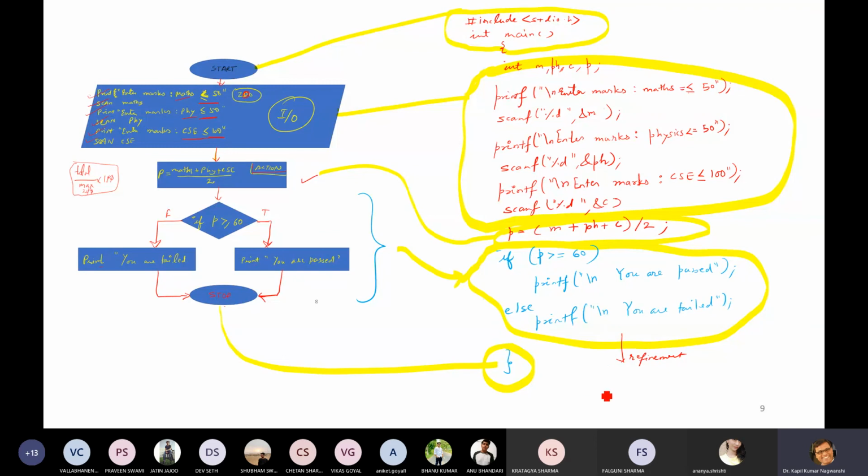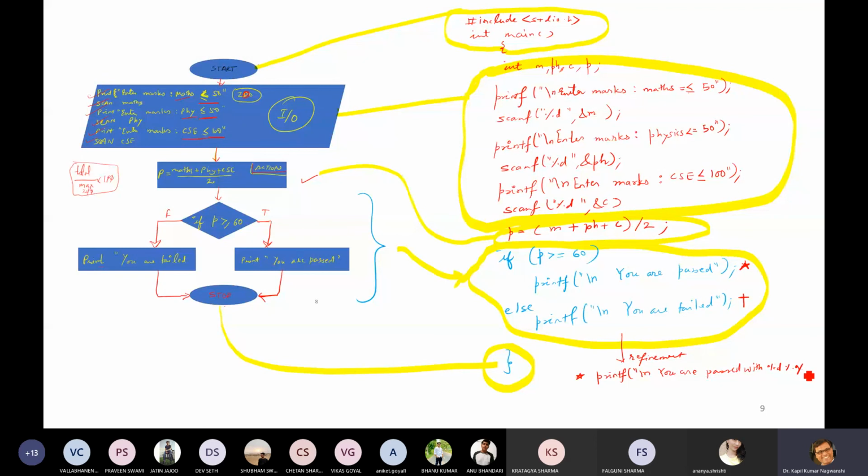So in the refinement, instead of this star, this is taken as a star and this is taken as plus. Okay. So star printf \n you are pass with %%, or two times percent.